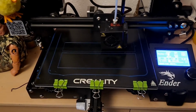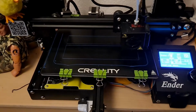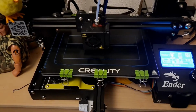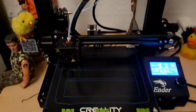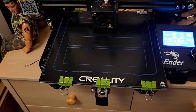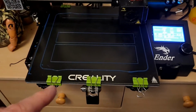Hi guys, up in the workroom, which is where I keep the 3D printer. Just started another print. This is actually the third attempt. Had a filament break on me. Not quite sure why. But I've just re-leveled the bed just in case